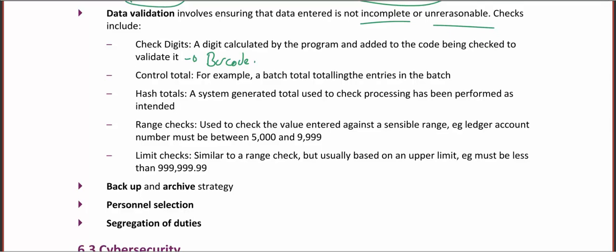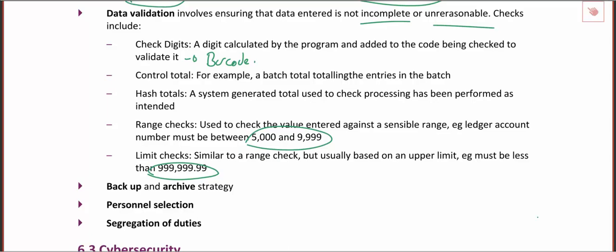You can have a control total or perhaps a hash total. So this is just a way of saying, look, this information that I've entered should come to this in total. I can just have a sum then to say, yes, this is the total, or there's something missing, and I'll be able to then see that I've put everything in that I needed to. Range checks just ensure that you only put things in within a certain range, and limit checks make sure that you don't put in anything over a certain amount. So there might be a maximum figure.